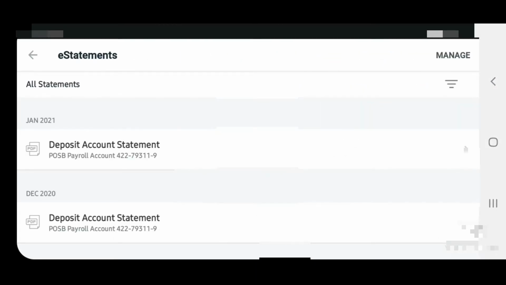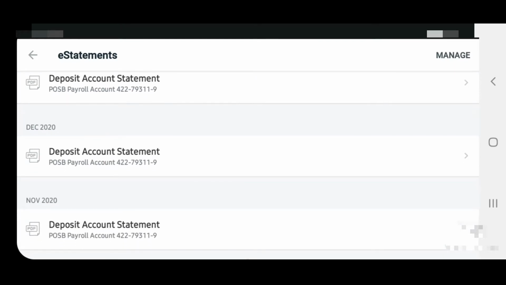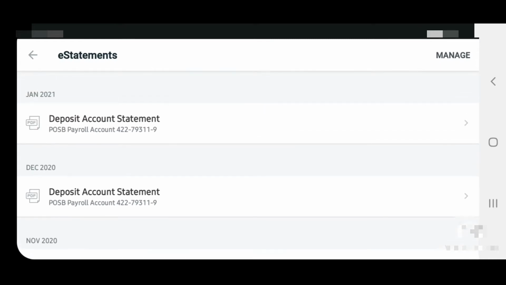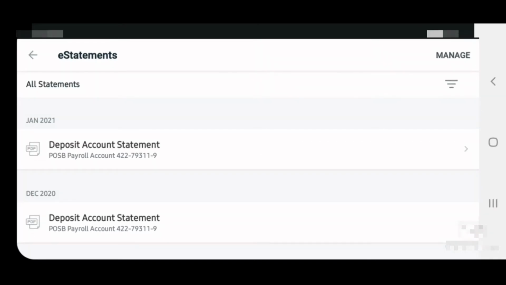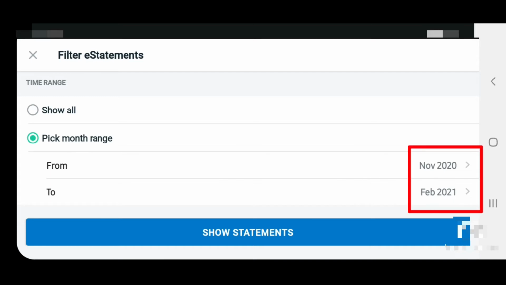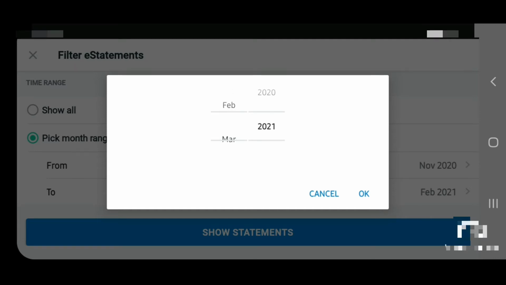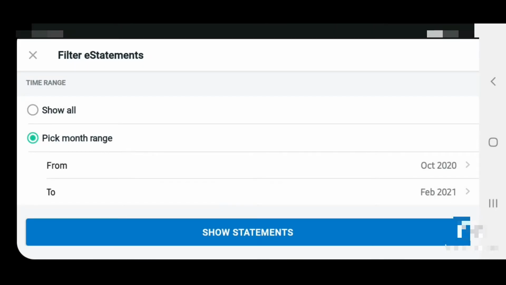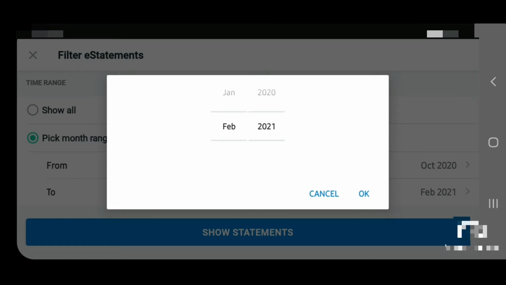So friends, now I have saved these details. Next I will show you that if you want a past month bank statement, you can also get it. You simply click here. Okay, now you can see here you can select the month. So first I select the month, click here. I select November, October, yeah, I select October, and October to November.